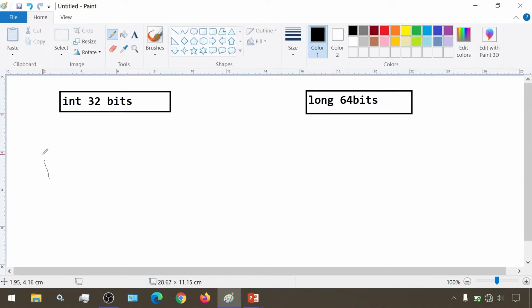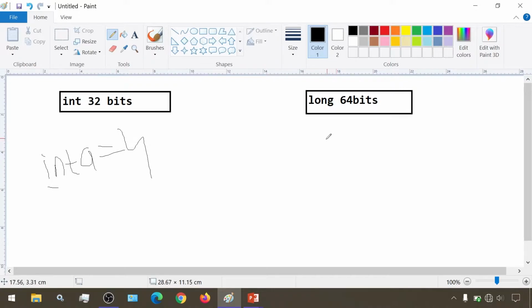Suppose I have a variable named int a and I have the value 4 assigned to it. So 4 lies inside the range of int and the number of bits occupied by this 4 will be 32 since the data type is int.